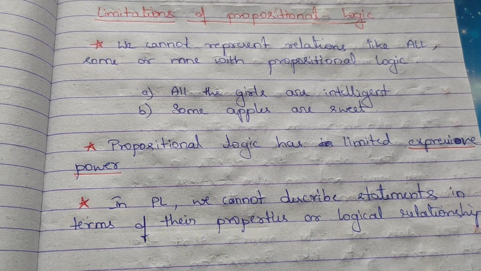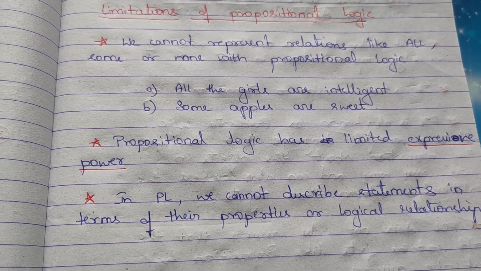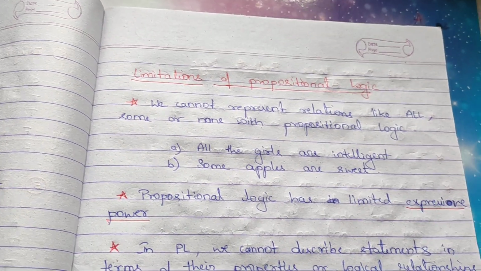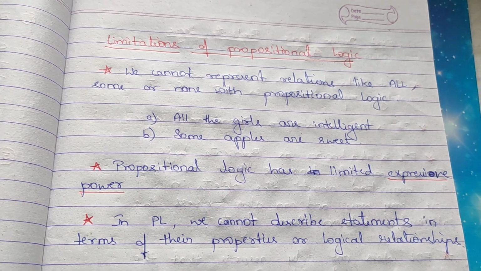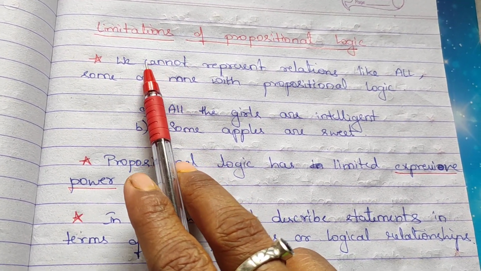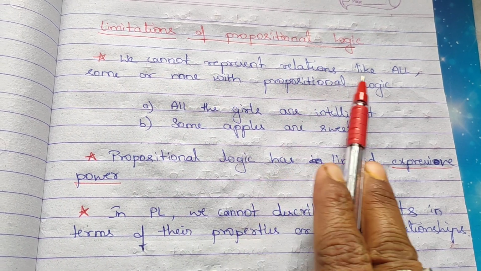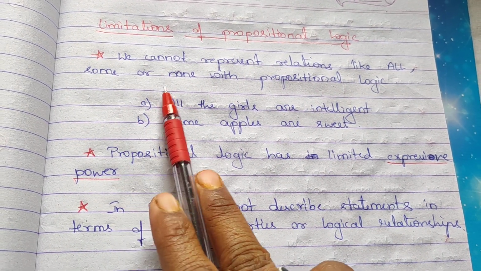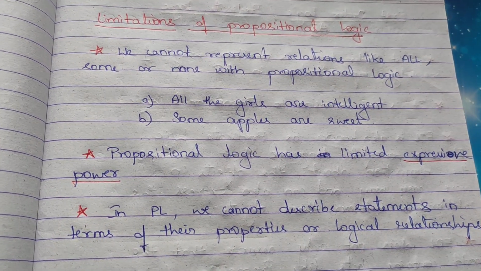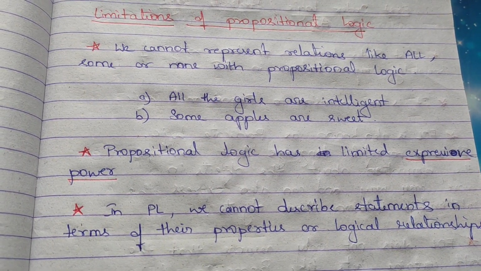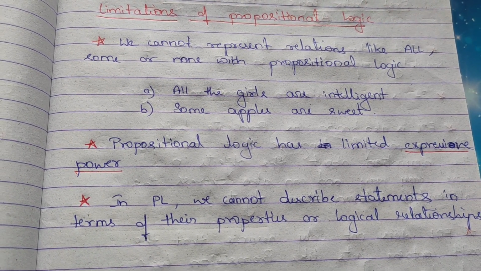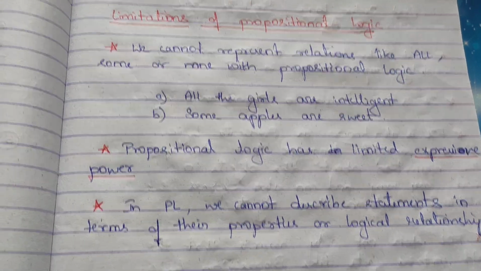The main limitation is limited expressive power. Limitation is nothing but a disadvantage. We cannot represent relations like all, some or none with propositional logic. Why? Because we have many sentences, like if all are good, some of them are bad. Like that we will have sentences in